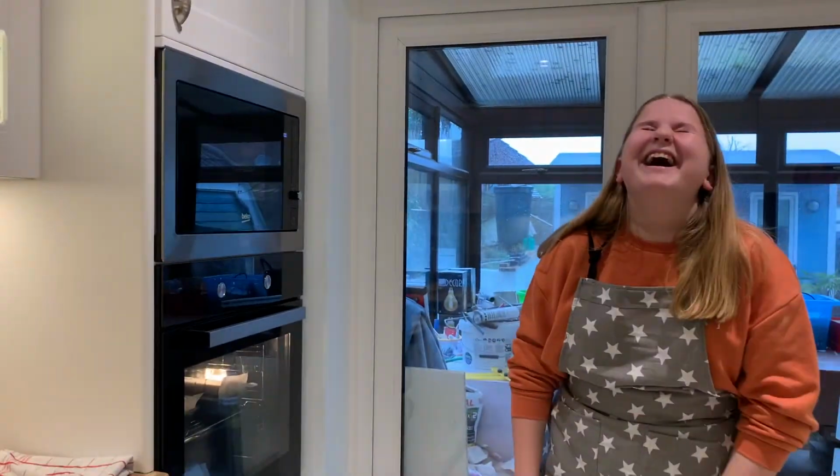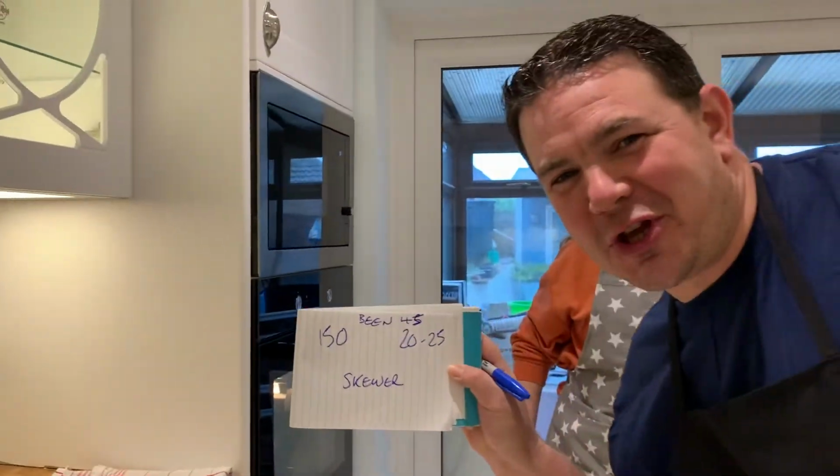For about 20 to 25 minutes, poke with a skewer. Right, go on in. Auto cue. In about 45